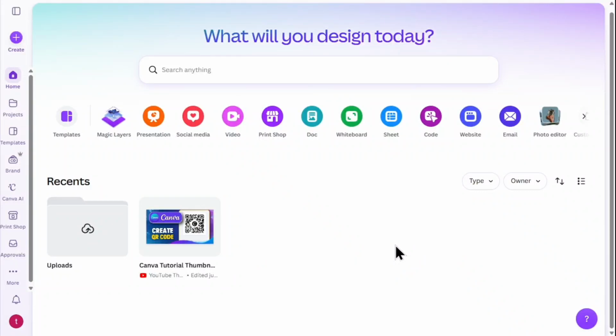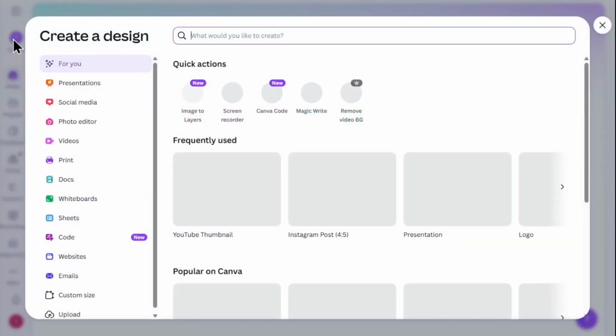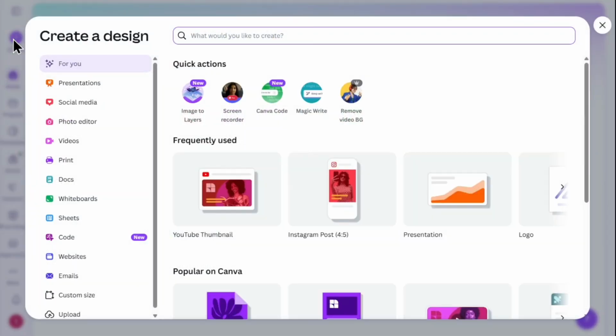In this video, I will be showing you how to fade an image in Canva. Let's get started. First, I head over to the Canva homepage and click on the Create a Design button in the top left corner. From the drop-down menu of formats, I select YouTube Thumbnail to open up a fresh, blank